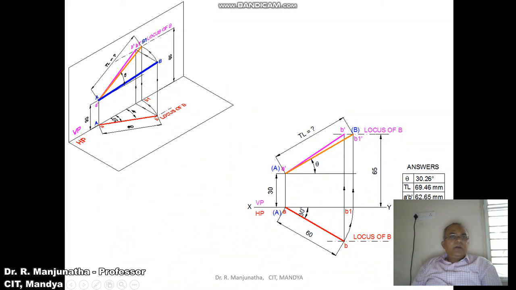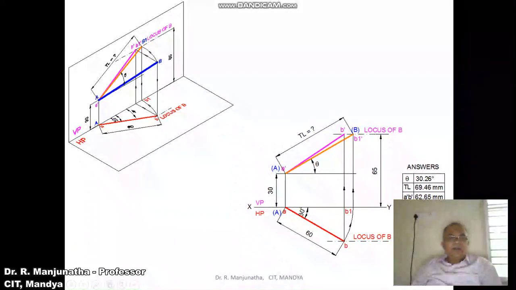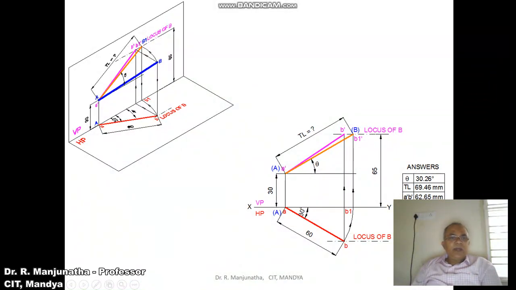Now here, first we take the point A on the vertical plane and 30 mm above HP. Then we have the point B which is above HP by 65 mm, and you have the top view line, and you make the top view line parallel to VP. Once you make the top view line parallel to VP, we are getting the true length here. So you are rotating it in space and making it parallel to VP. So you are getting the true length here. When you are looking from the top view, the image is rotated like this, so you are going to get AB1 parallel to VP, and its corresponding true length.